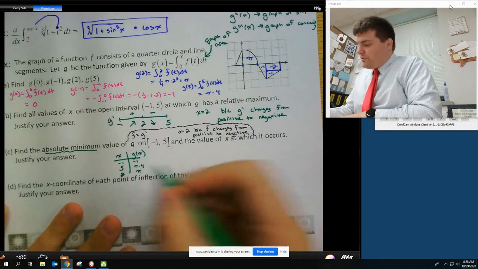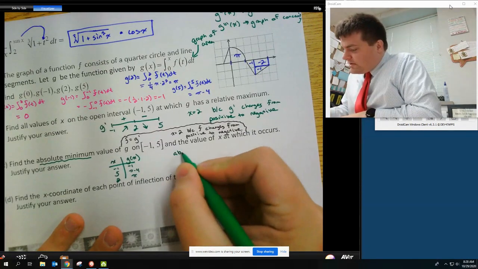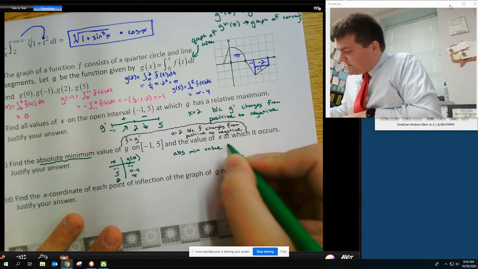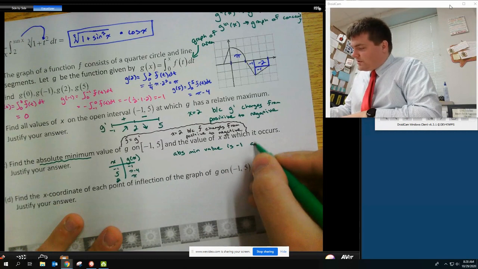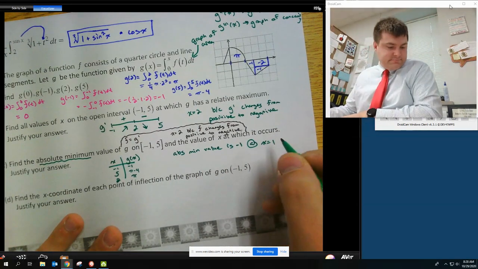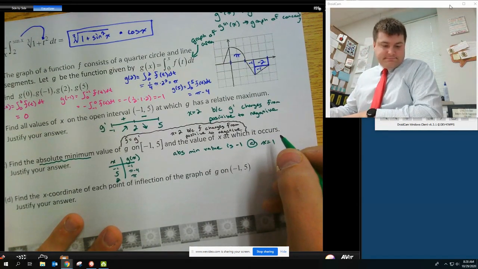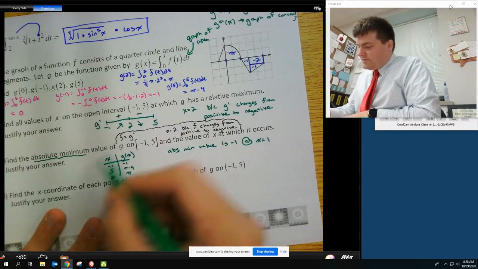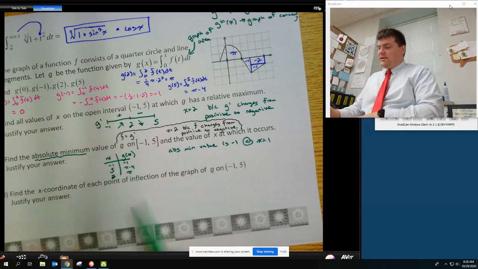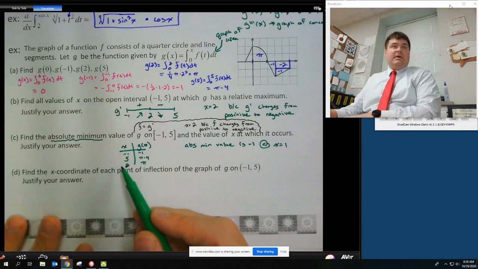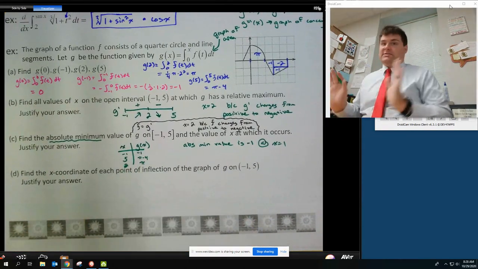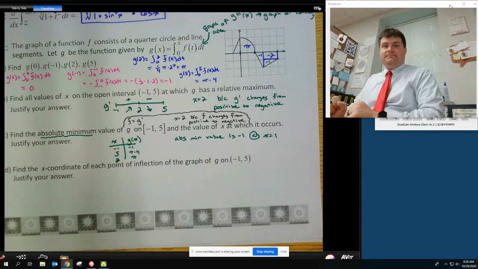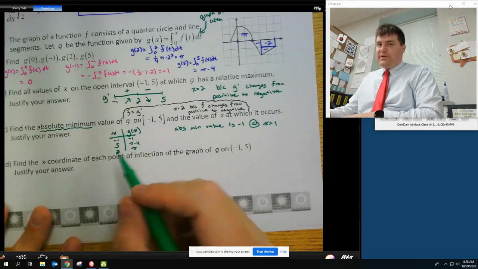Okay, so my absolute min value is -1. This occurs at x equals 1. All right, and justify my answer. It's all right here. I used everything I needed, and I'm good to go right there. Since I use this chart, that's my explanation. That's my justification. It's a mathematical explanation. I'm good to go. Okay, I use my endpoints, I use my critical points, or at least I talk about